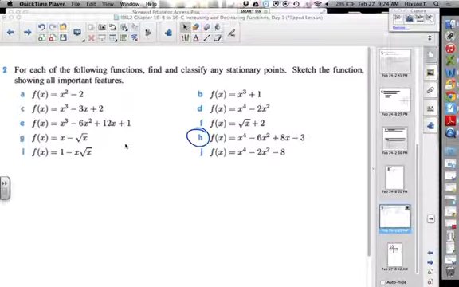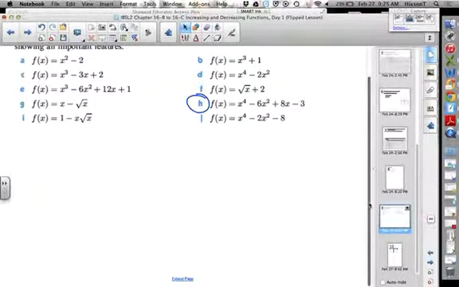Because our goal is to be able to make accurate sketches and make some inferences about our functions. And then next week we're actually going to add another element to it when we look at the second derivative. So just try to pick up as much of this as you can now. Then when we add that extra element, it'll just be one more thing rather than trying to catch up. So I want to look at H, and